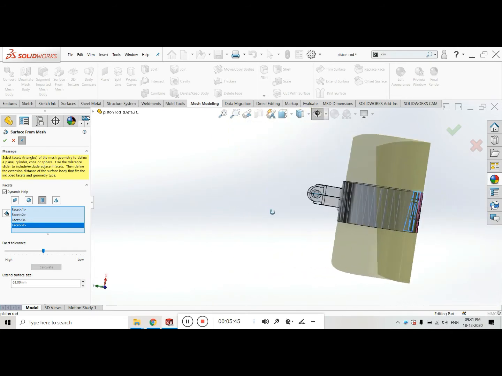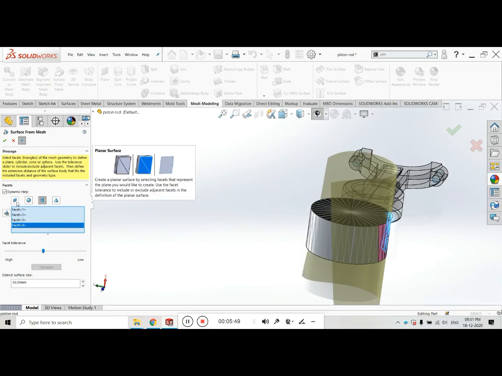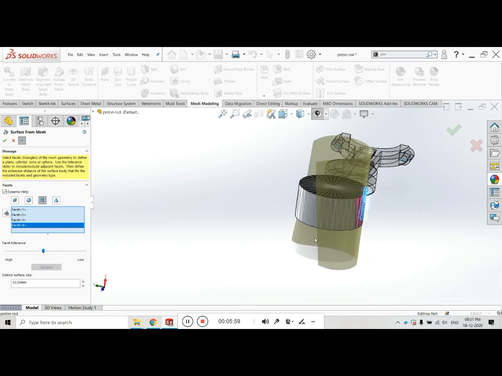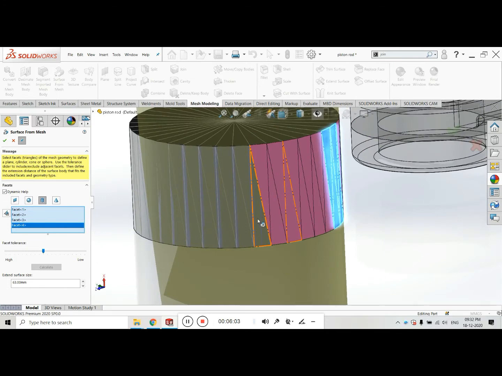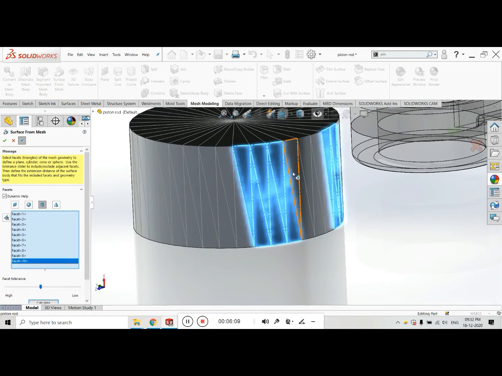You can see how much you want to expand it. If you select a simple face, you will get this error. Now I am selecting this one and clicking on calculate. Wait a second. I am selecting all of this because I want this cylinder.